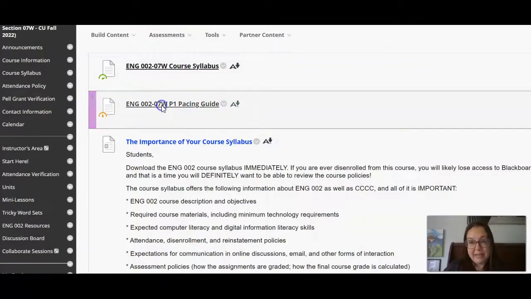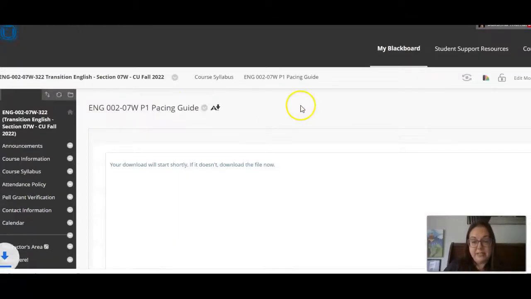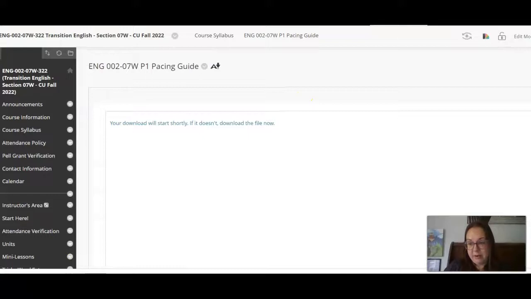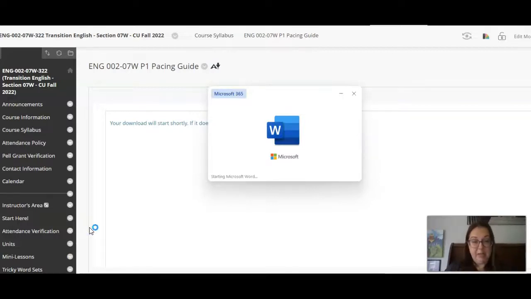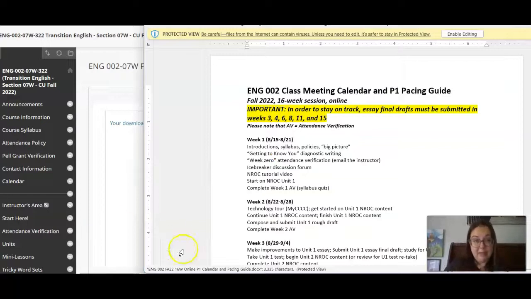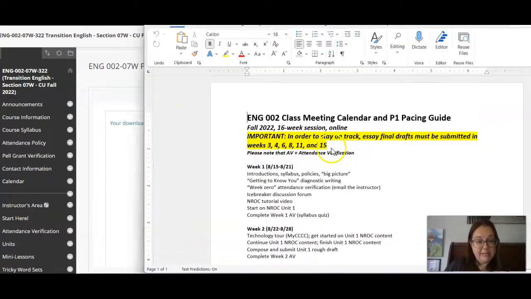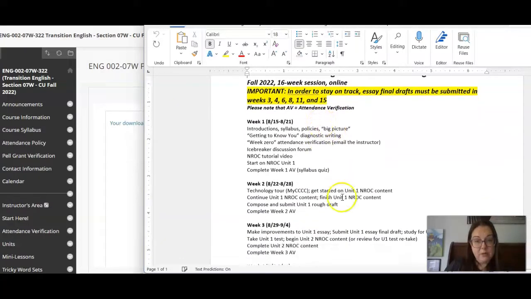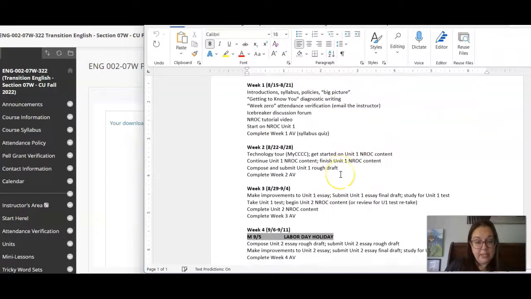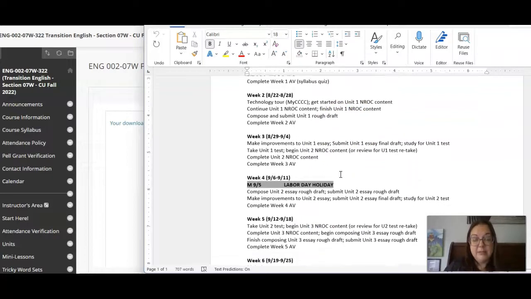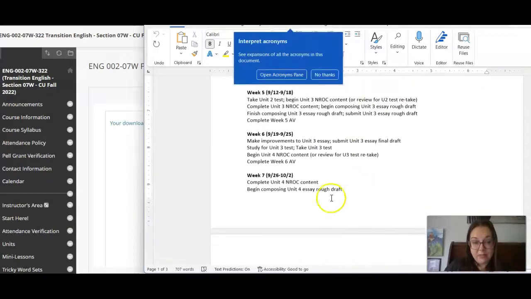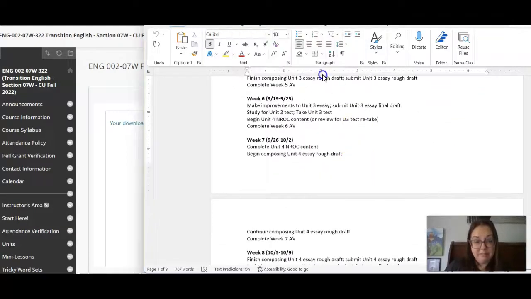This pacing guide, this is another one that is definitely important enough to print out or save it somewhere other than within Blackboard, because if you ever get dropped, you lose access to Blackboard. So this is the P1 pacing guide, and this shows what you need to accomplish each week to stay on track to finish the course in time.